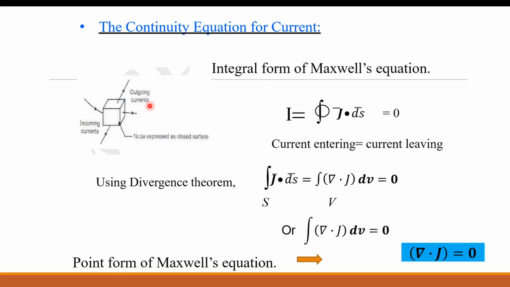So for example, just I have told you the current entering inside a node is equal to current leaving through that node, that we have seen in the circuit theorems. Whatever current enters inside a node in an electric circuit is equal to total amount of current leaving. So you always write equations like I1 is equal to I2 plus I3. Same phenomena is used here. So from that we can derive Maxwell's equation, one more equation relating I and j.